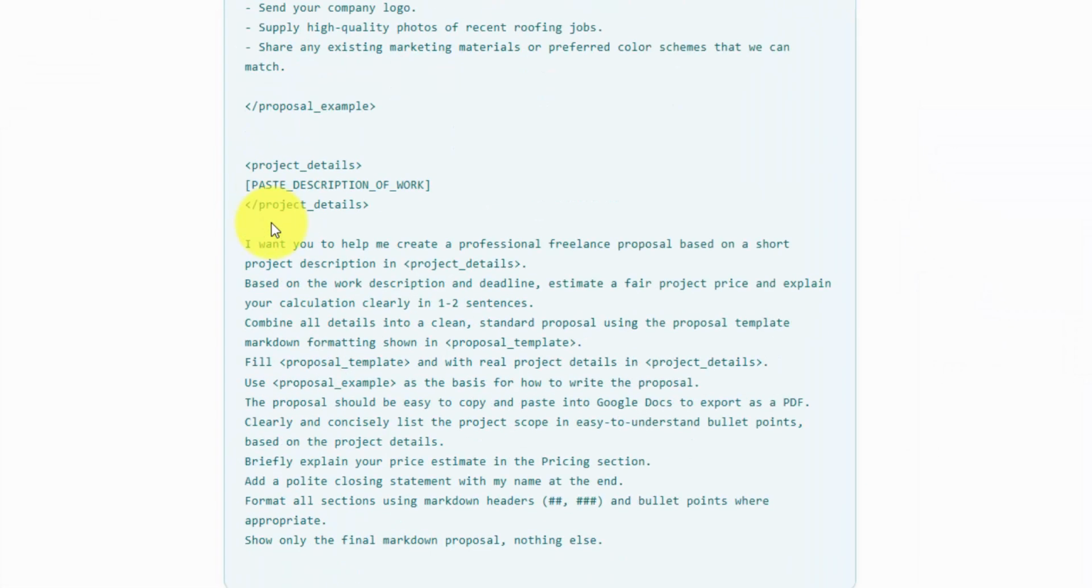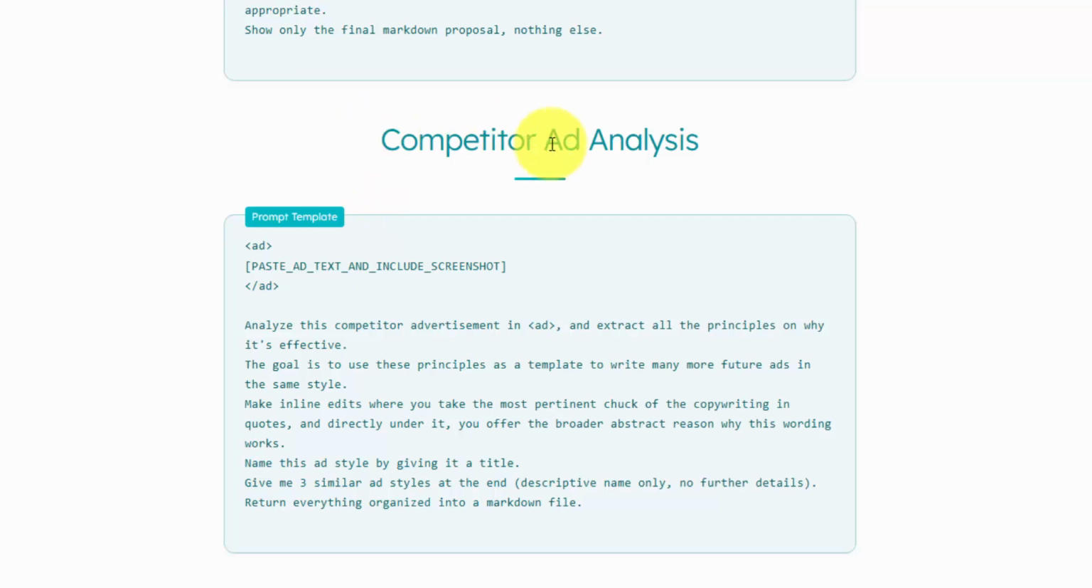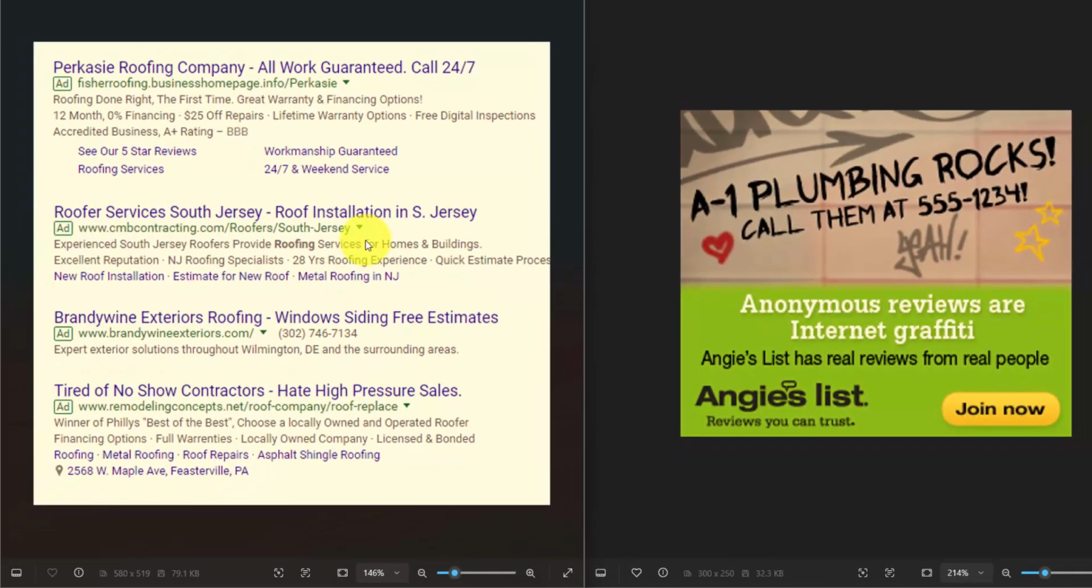So let's move on to the next one. And this is for a competitor ad analysis. So obviously, one of the advantages of the AI tools nowadays is that it works with images. I'm going to do a couple examples of these from ads that I saved a while ago. So these are the 2 ads that I'll test out with this prompt. I'm going to copy the one